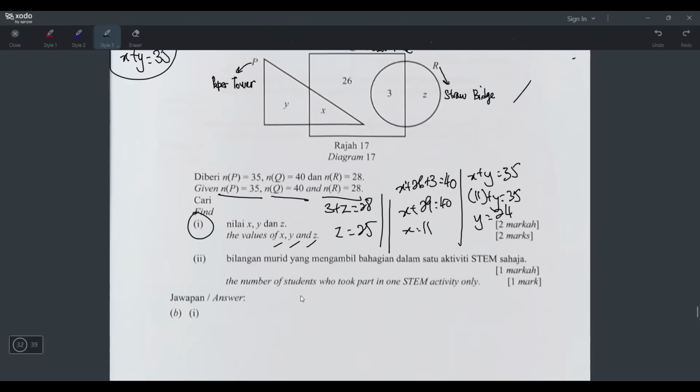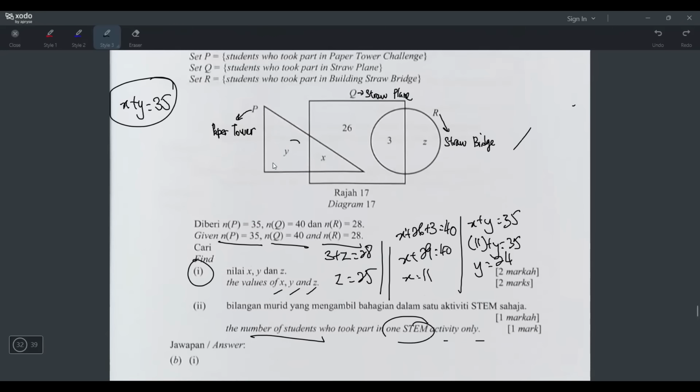Number 2, find the number of students who took part in one STEM activity only. Do you realize all these numbers, they never put a dot. If there is no dot, it means these are all the number of elements. It is a number, not an element. So now they are asking for the number of students who took part in one only. If they want one only, you take this. The overlap you cannot take,